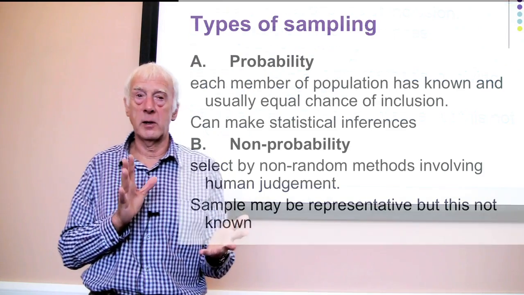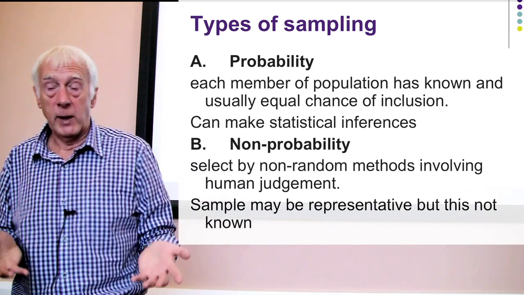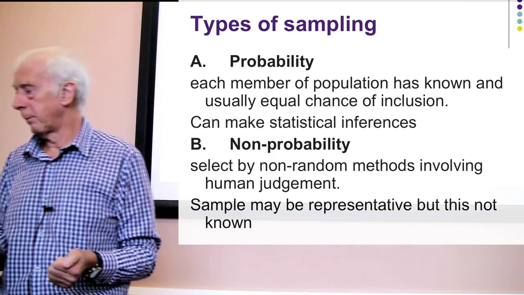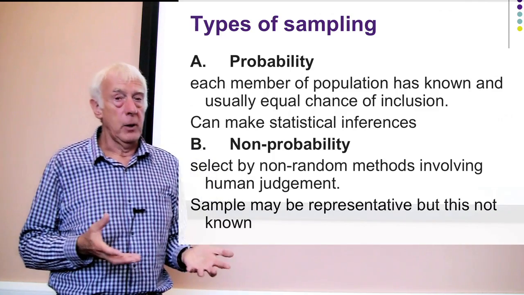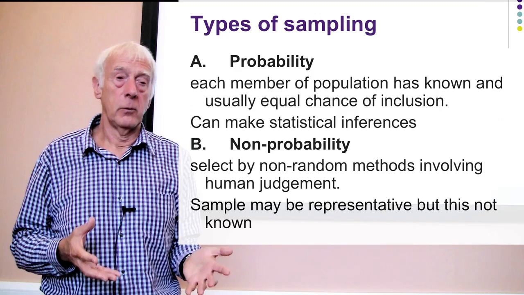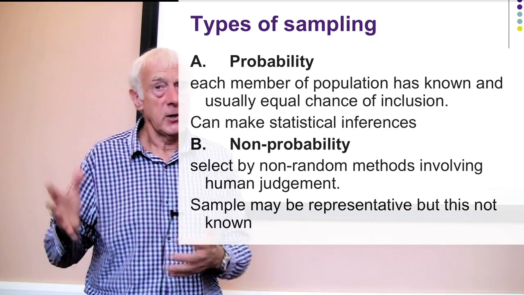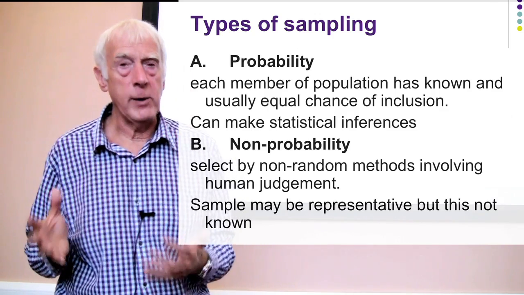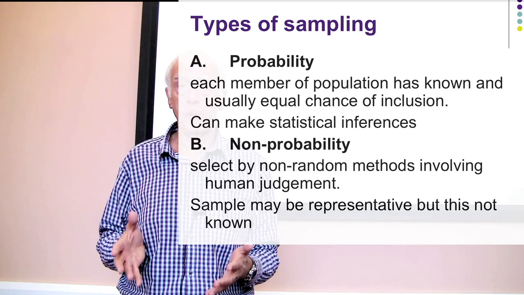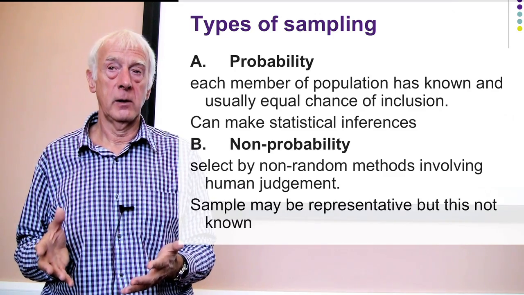Let me just introduce this distinction in sampling approaches between probability, using the random numbers approach I mentioned already, and non-probability approaches. The probability approach is, if you like, the gold standard. It's the one that we all try to use. It's the one which others are measured against, in a sense. It's the best way we have of making sure our sample is representative. It's using some kind of probability sampling, some kind of random number techniques.